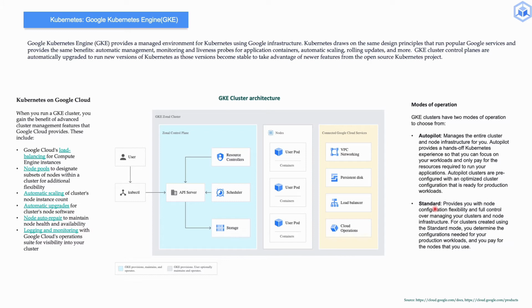Google has introduced autopilot, which manages the entire cluster and node infrastructure for you. So it provides a hands-off Kubernetes experience so that you focus on your workloads and only pay for resources required to run your application. Autopilot clusters are pre-configured with an optimized cluster configuration that is ready for production workload. Now, autopilot is supposed to be a game changer because